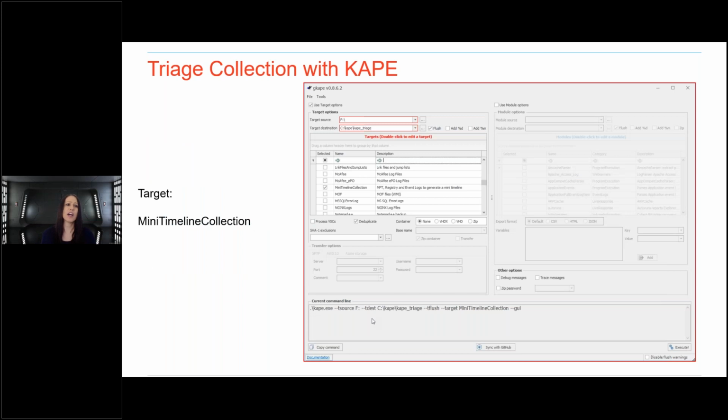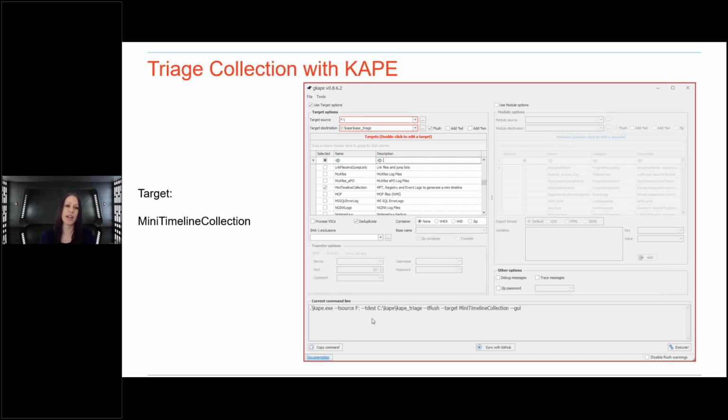So let's dive in and talk about this triage collection, this concept of collecting just what we need for our investigation. One of the really cool things about KAPE, and I'm going to be talking about them in a minute, are these targets and the modules. These are open source. These are written by the community. So if you've been working cases and you find that the SHRM has been very valuable to see data exfiltration,